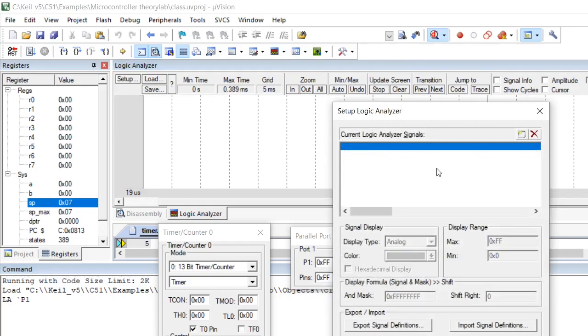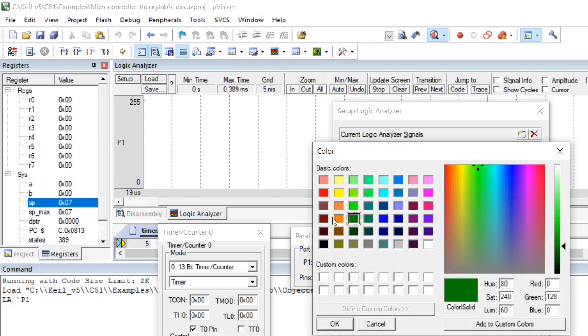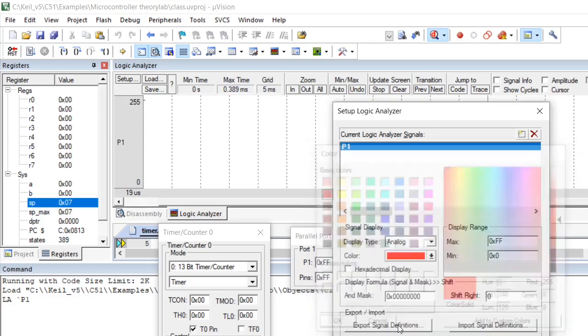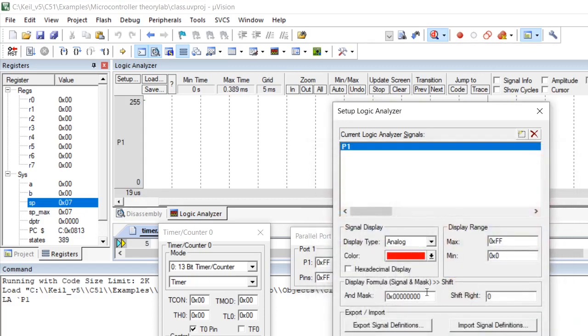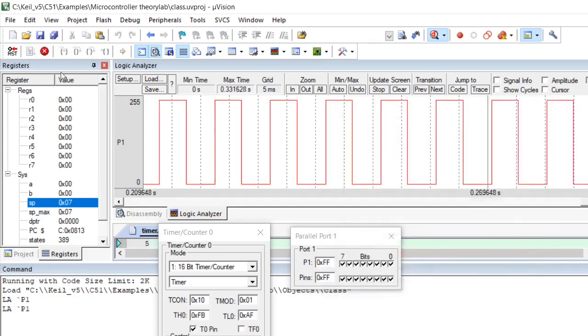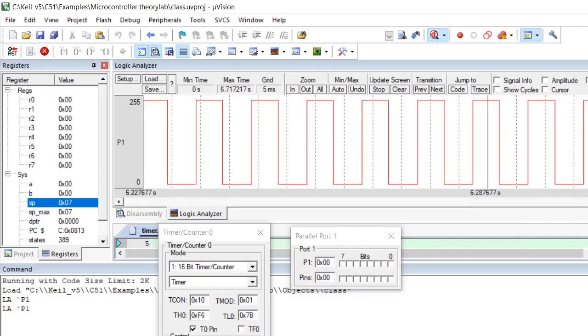Initially nothing will be available, and whichever port you have used in the program, you select accordingly using this option, insert new. Here I want to select my port 1, and I can select the colors so that I get colorful waveforms, and then close it. When you run your code, you will get a waveform.